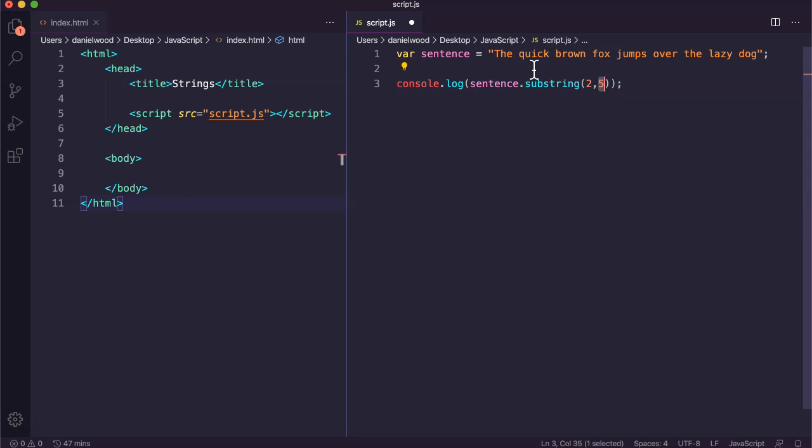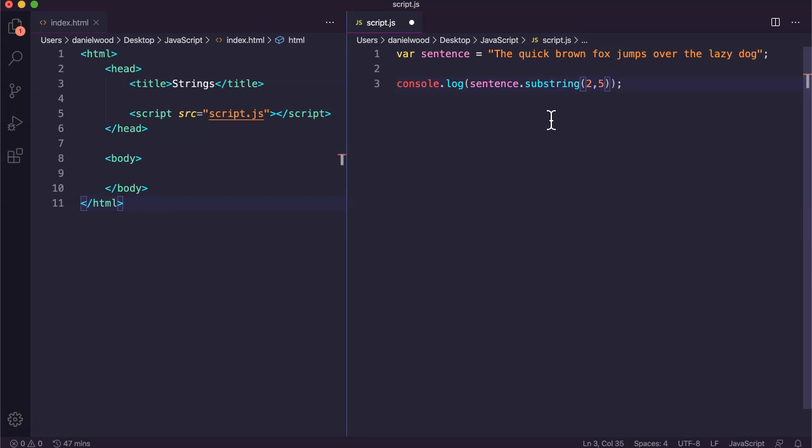All right, so remember in the previous tutorial we looked at the fact that a string is basically a sequence of characters, an array of characters, and each of those characters, whether it be letters, numbers, spaces, punctuation marks and symbols, each of those is indexed. It has a position, and it starts from 0. So here we have the letter T in position 0, H is in 1, E is in 2, a space is in 3, Q is in 4, and so on. So a substring method here, what that's going to do is, in this example, show us what appears between index